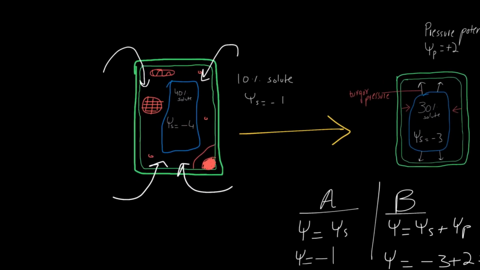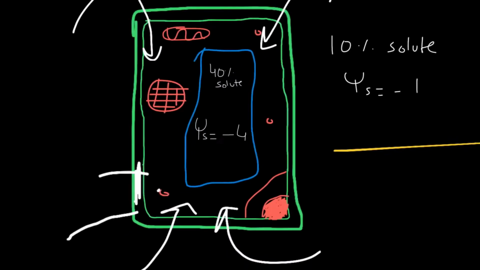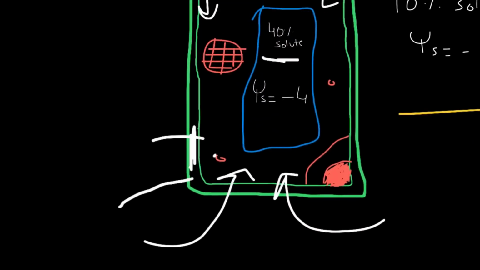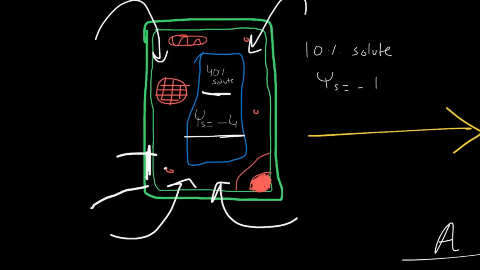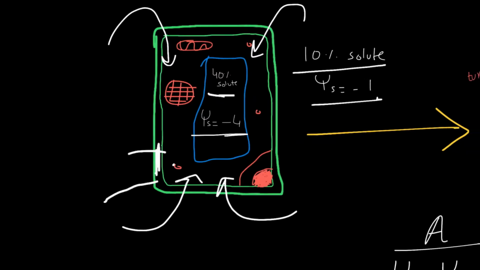So, for example, when I've made the plant cell, we're considering this as a cell wall and this as a cell membrane. So this is just the wall of the cell, and then this is a cell membrane that can shrink out, right? So there's 40% solute in the vacuole, which in turn means that the solute potential of the vacuole is -4, right, as we've studied in the last video.